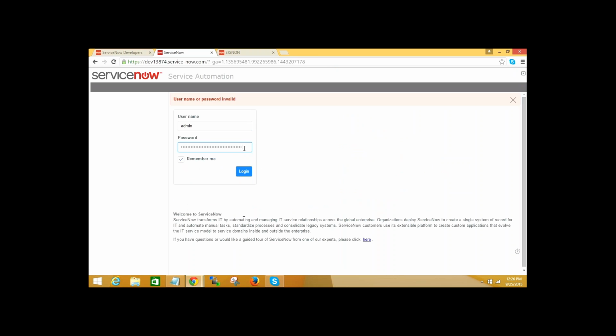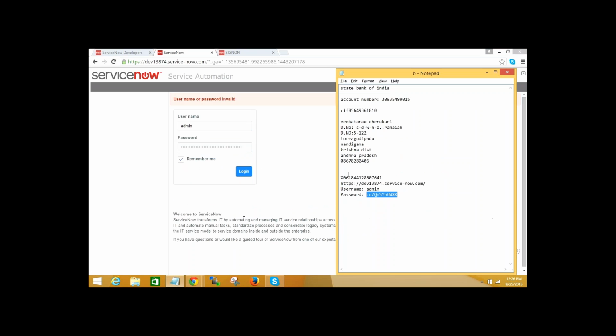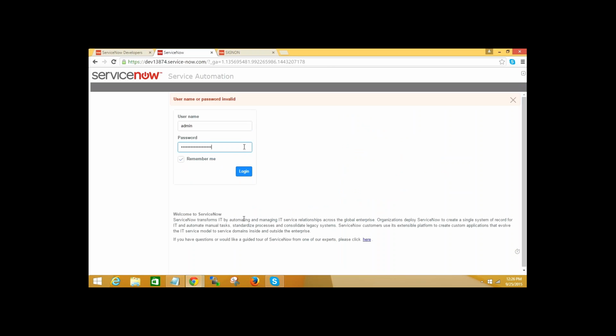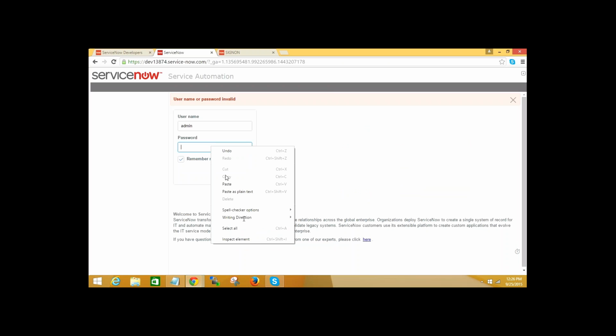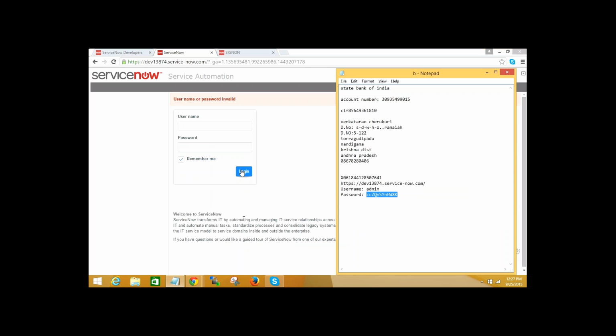Can you go to the notepad and check whether any spaces were copied?